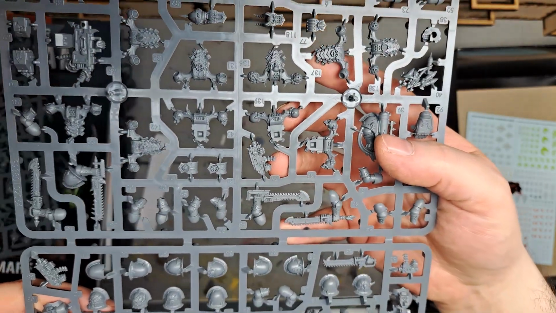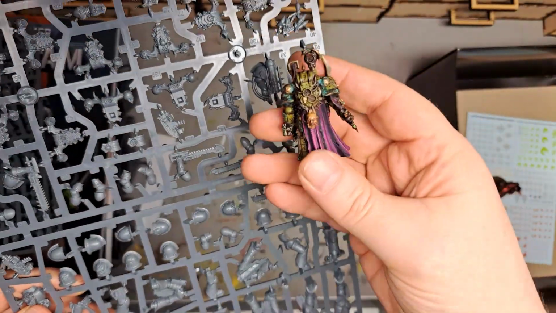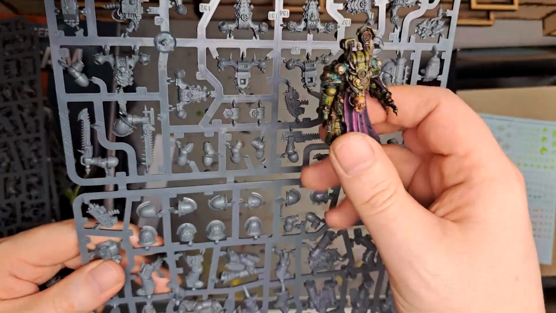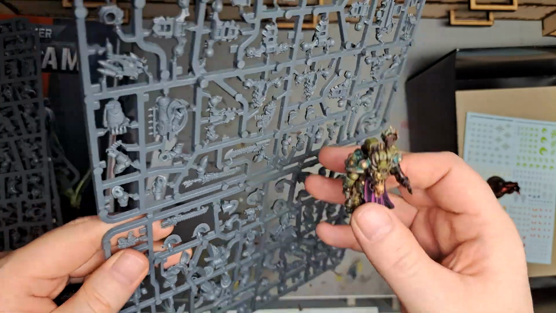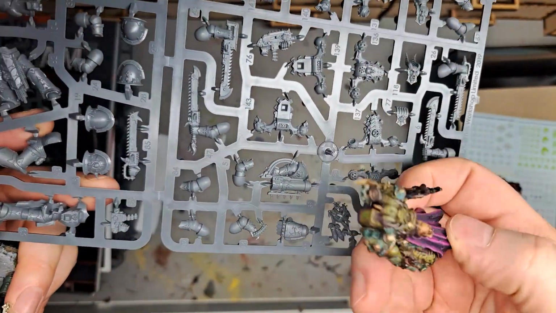Now, Death Guard are generally a bit more chunky, and these guys are definitely more spry. But the size comparison, if you look at the backpack there, is pretty much the same. The Death Guard are just a bit more thick, and these guys are a little more slender, which makes sense